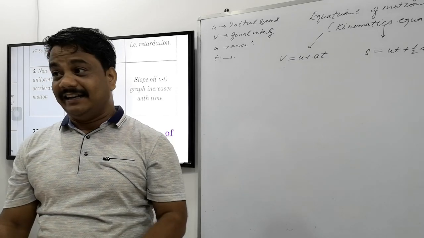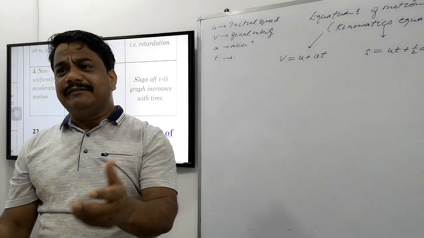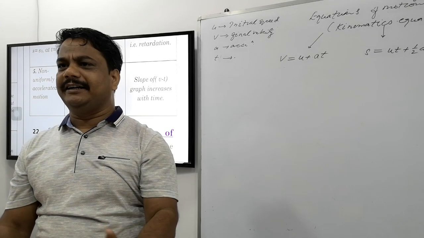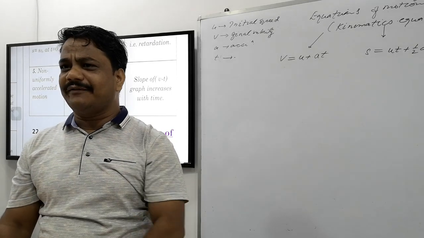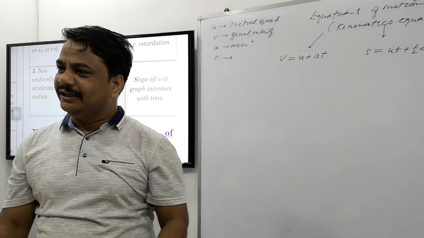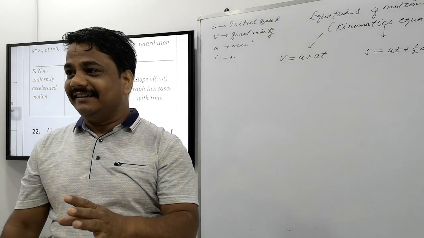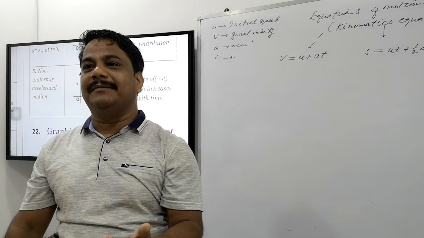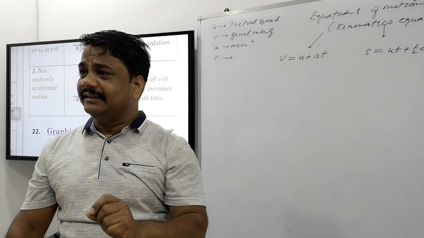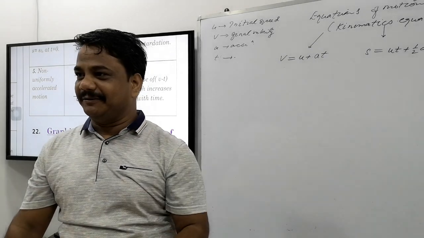Is that clear now? Listen very carefully. The second type of question is: derive the first equation of motion. Simply derive the equation. Is it saying that you must not use the graphical method? No. Listen again, it's all upon us. The first type of question is derive the first equation of motion by graphical method. It clearly says you have to use the graphical method. Is that clear? Second type of question.